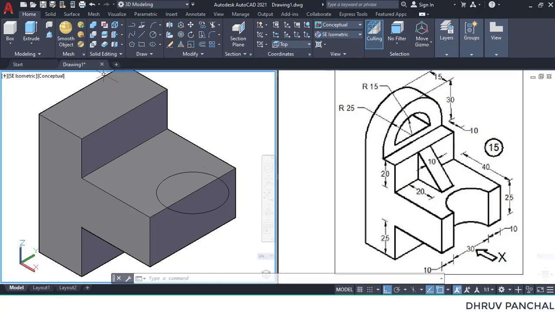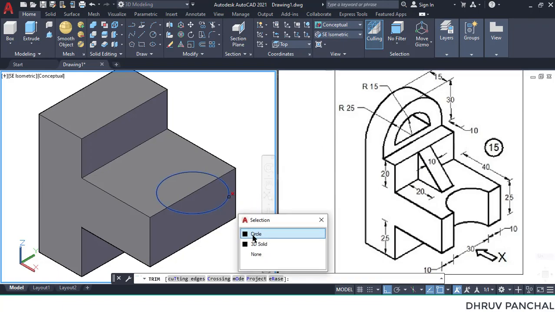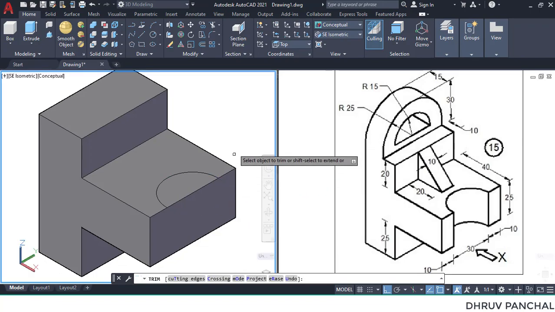Press enter. Now again select the line command and draw a line like this way, and with the help of trim command remove the half portion of the circle. Now we can use a press pull command to remove the material.